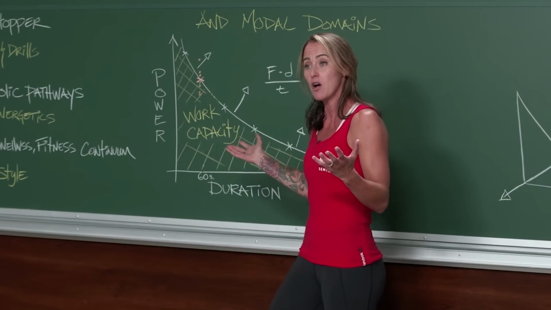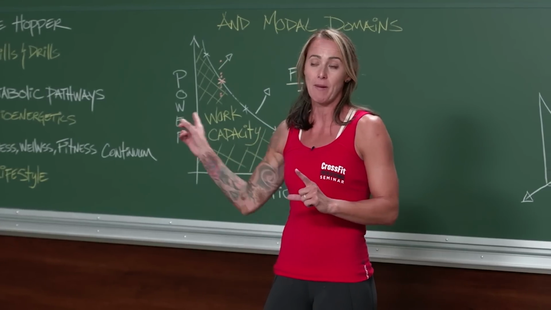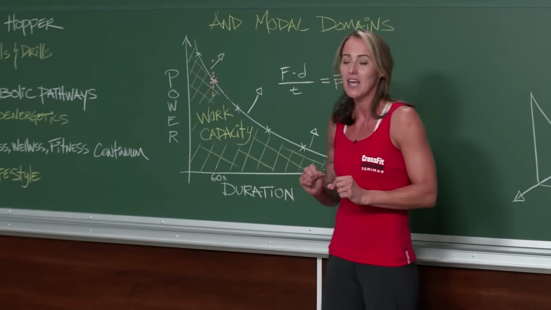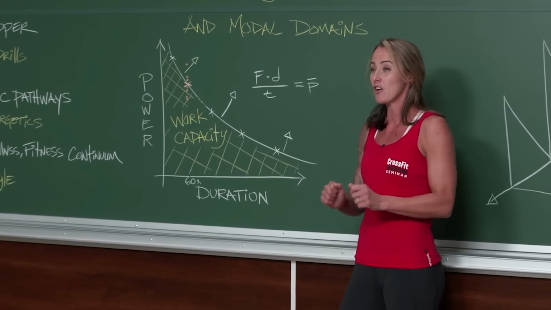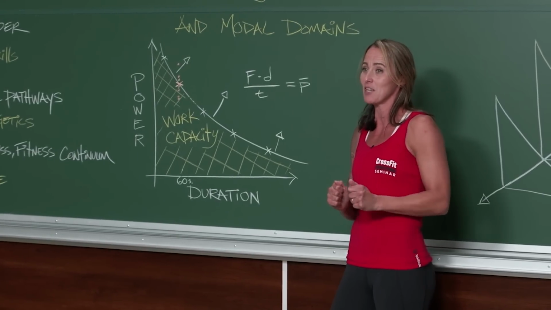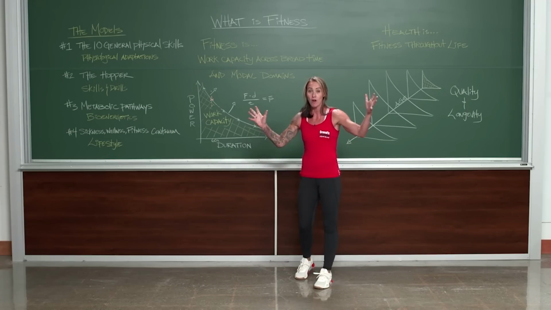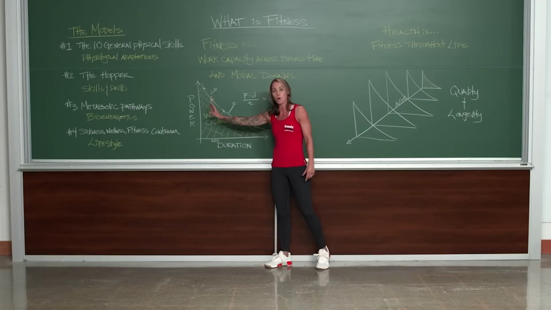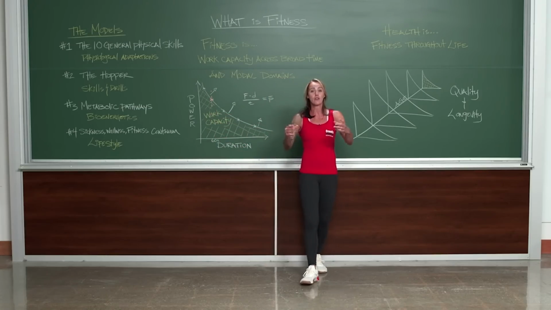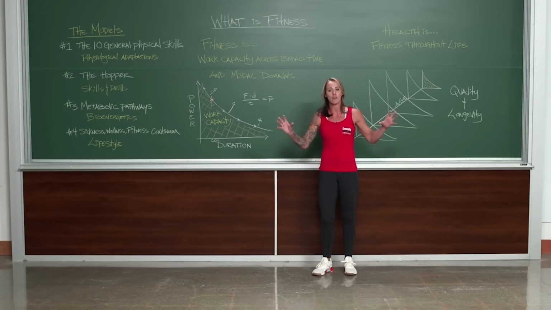So the question then becomes, how much of any single adaptation do we need, think back to the 10 general physical skills, in order to increase the area under the curve? Well, the answer is quite simple, although it might not seem like that in the first place. How strong do we want to be? The most strong? More strength? All the strength? Well, that might push us towards that of a specialist. All the flexibility, all the endurance, all the stamina, all the coordination. We don't need the all of everything.